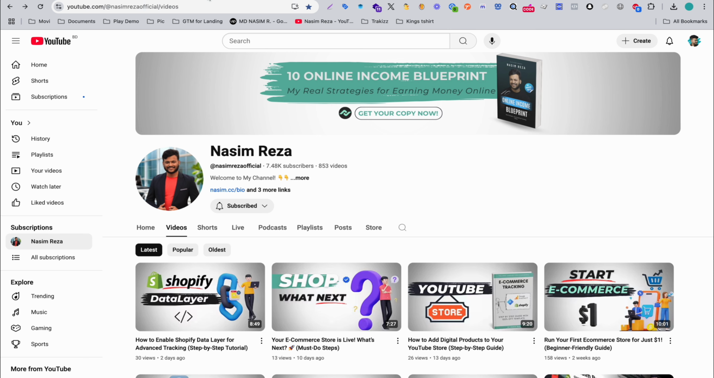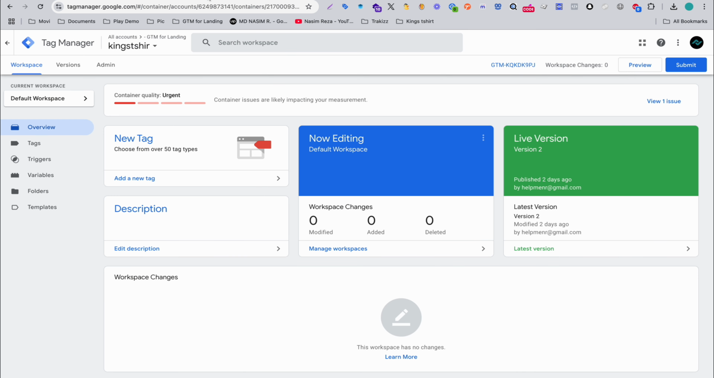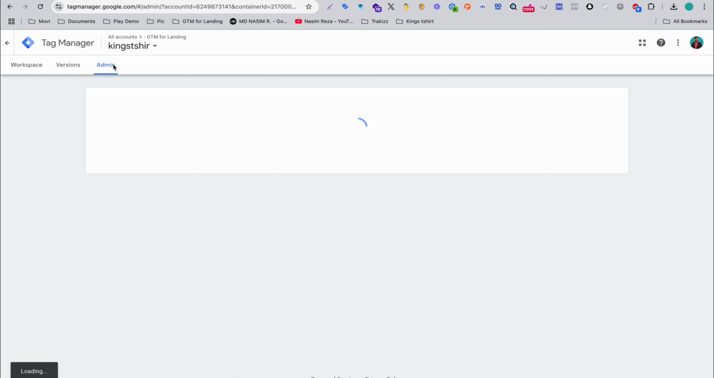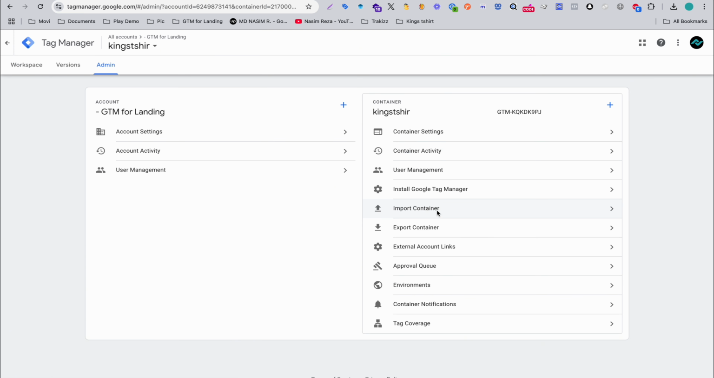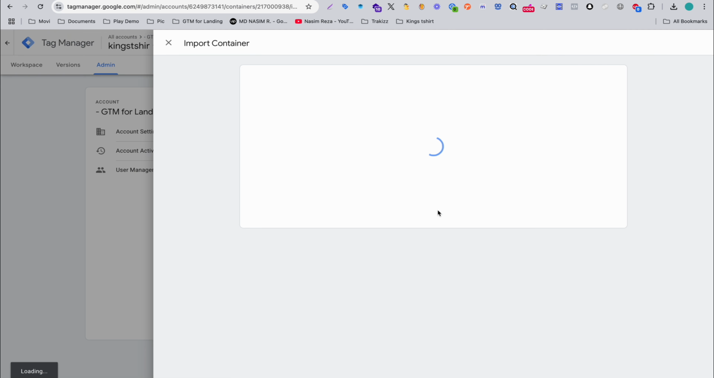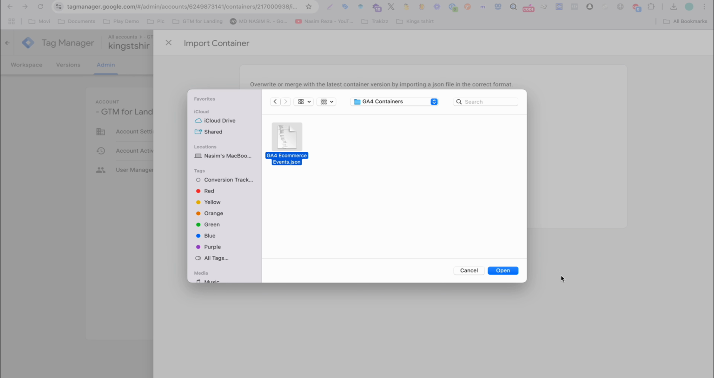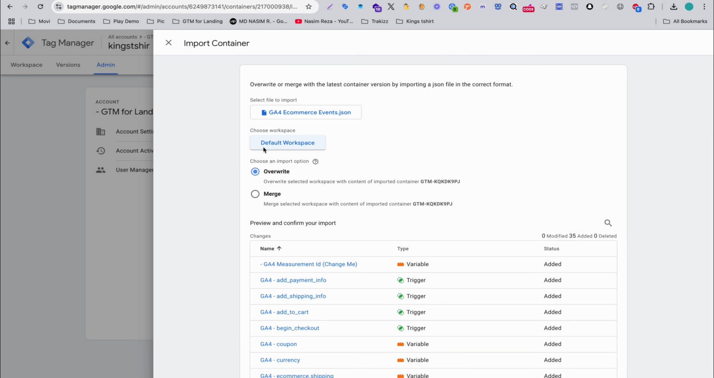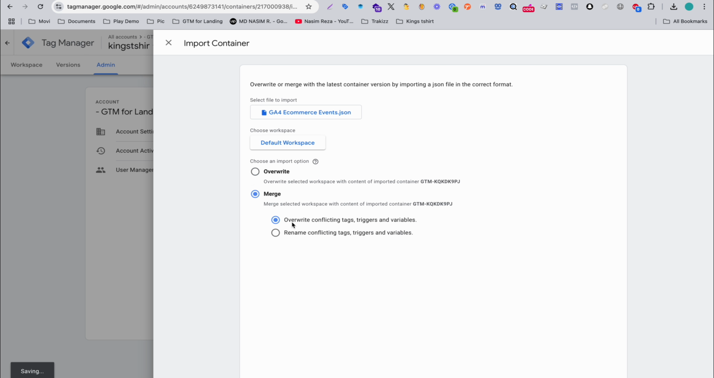Today I'm going to show you how you can export or import a GTM container. So just see, this is a very new and fresh Google Tag Manager container. First of all, you need to go to Admin and then select the container import. Then just select your GTM container and click open, and choose the default workspace, and then merge and override